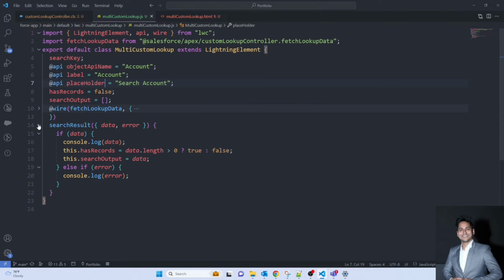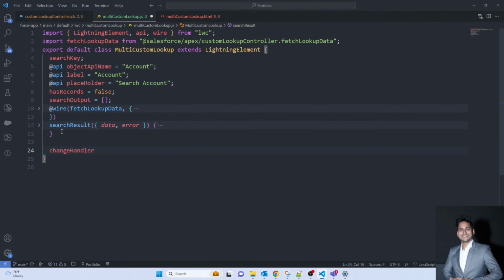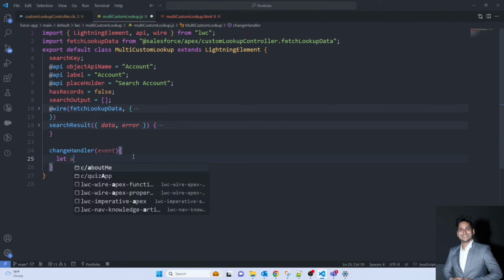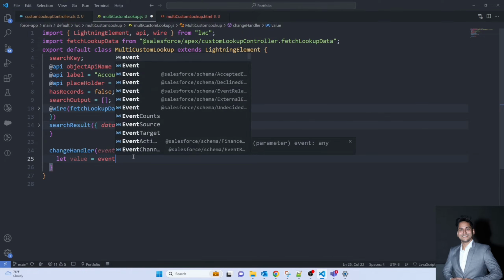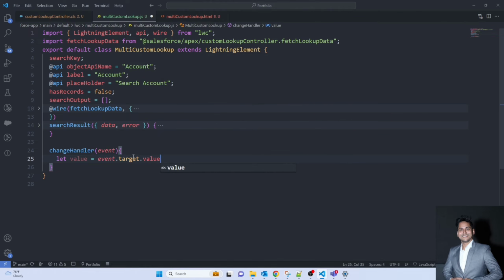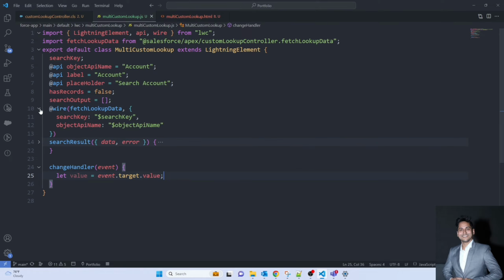So let me scroll, minimize this, and here I am creating my own handler, right? So let's get that value from the handler. Whatever value the user has entered, I am getting that value. Let value is equal to event.target.value. Now we have to set this value into the search key, because here we have created the wire decorator with a reactive parameter. So as soon as we set this search key, my wire decorator will execute